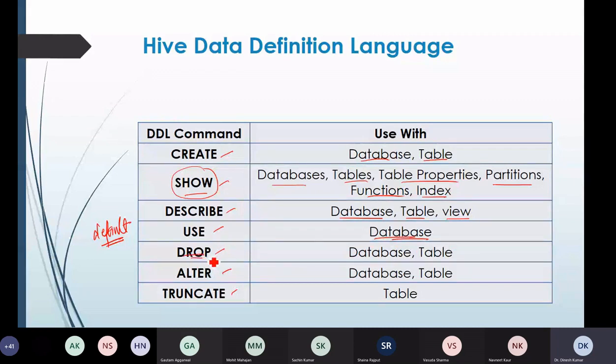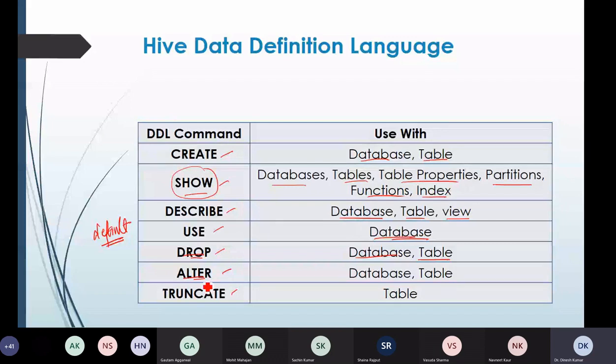Then the drop command is basically used to drop databases as well as tables, so it is applicable on both. Then the alter command is used to change the structure of your databases or tables, to add something into it, or to rename the database or tables.